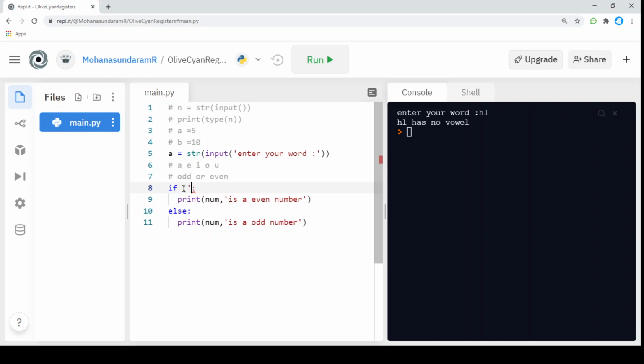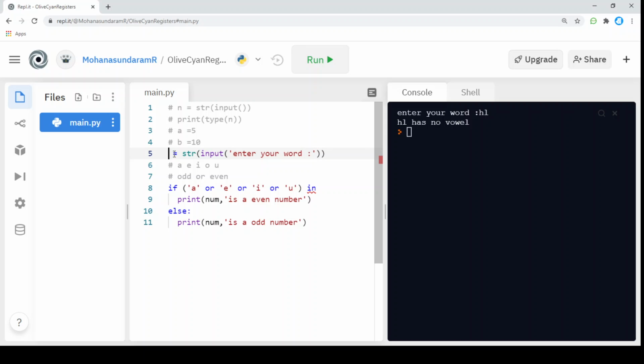I'm going to pass if a or e or i or o or u, and check whether these values are present in my string.